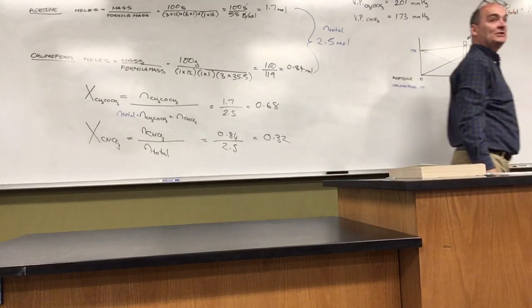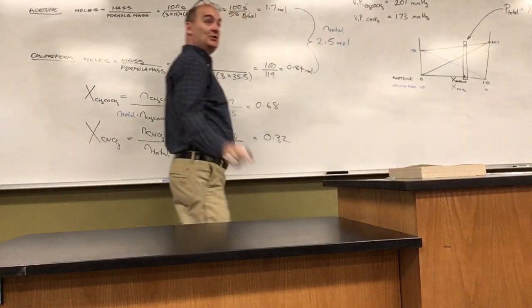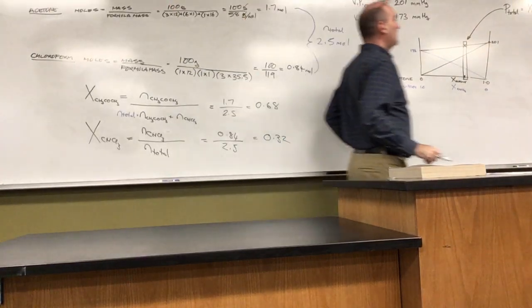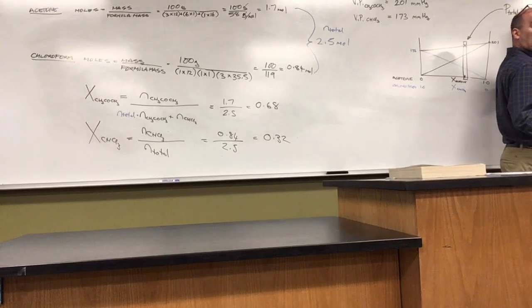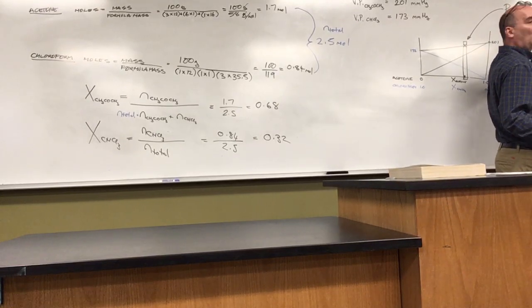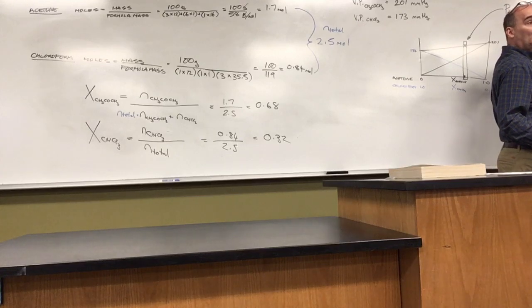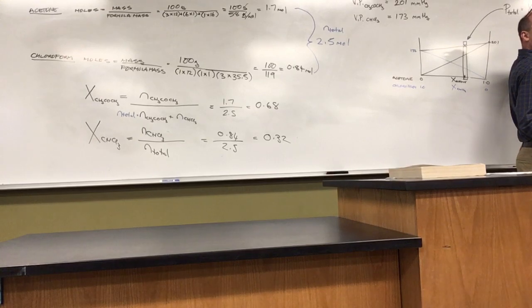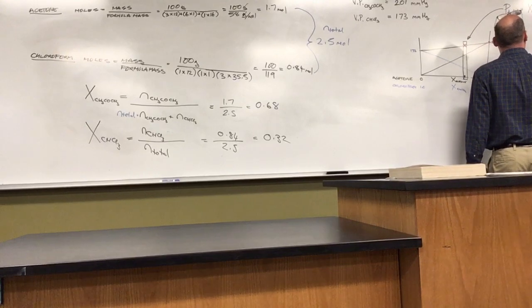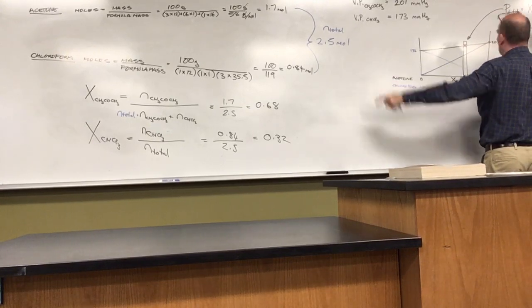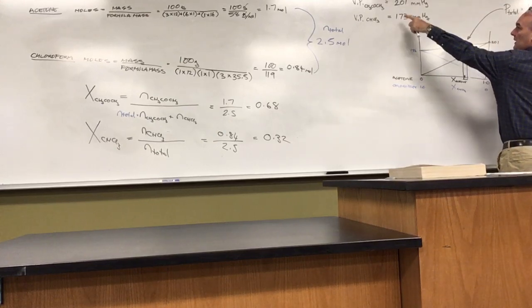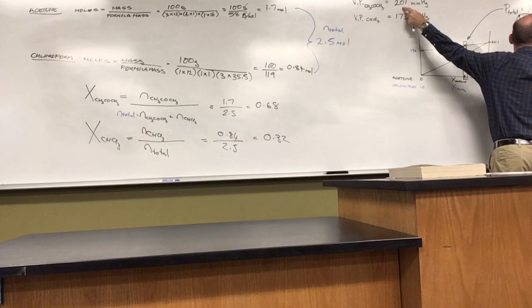In a two-component system where they're both exerting a partial pressure because they are both volatile, the pressure that I should be feeling is the mole fraction of component A times its pure vapor pressure, which was in the question, plus the mole fraction of part B times its pure vapor pressure. All right. A can be acetone, so this is 0.68 times the vapor pressure of acetone, 201,